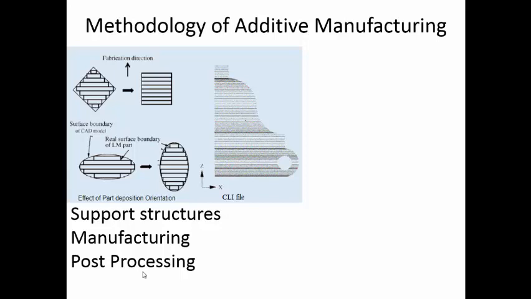You may have to do some kind of polishing for improving the surface finish. Sometimes it may require additional machining, or sometimes a simple hand filing may be sufficient. There may be painting and other activities may be required. So the post-processing operations may range from simple cleaning to heat treatment and painting, depending on the product that is being manufactured. So these are the important steps that are involved in any additive manufacturing process.